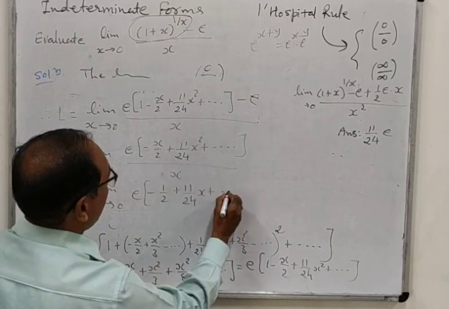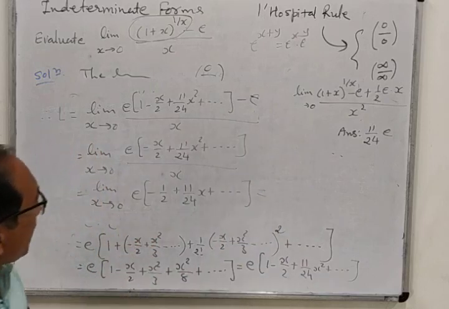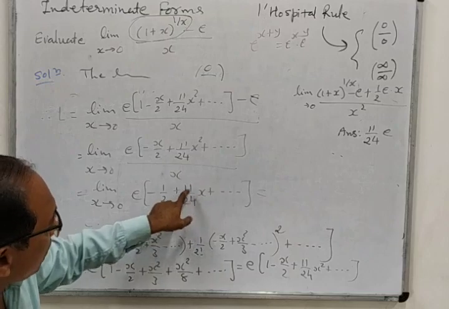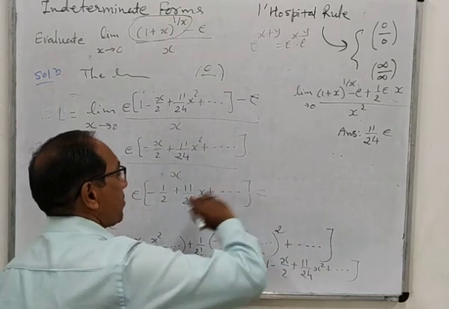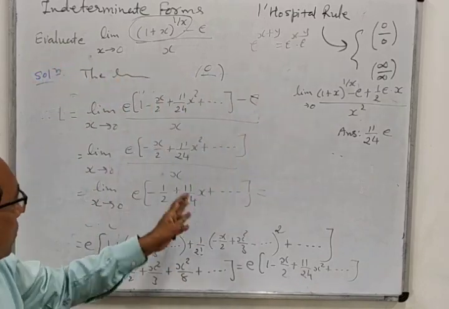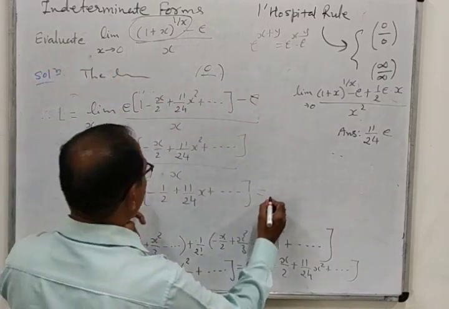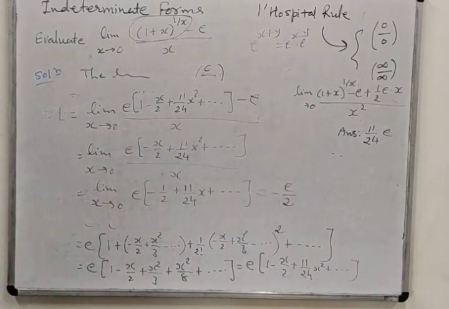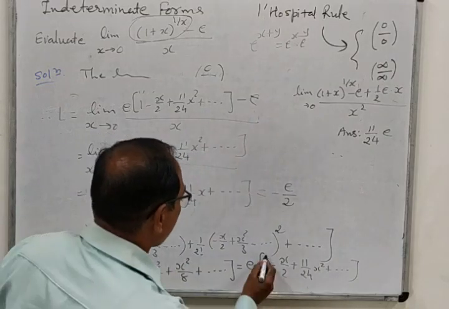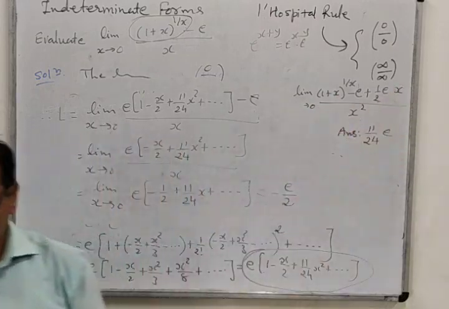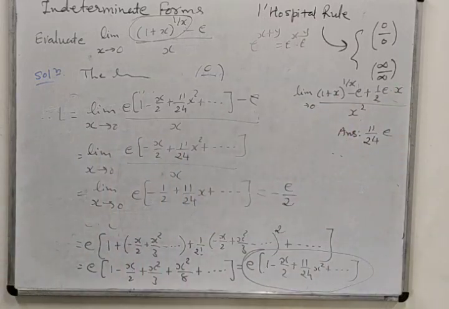X is common. Okay. Now we will get the answer, because if we put x equal to 0, here x is 0, so 0, and all other terms after this contain x square, x cube, and so on. So all will become 0. So it is nothing but minus 1 half only, and e is there. So minus e by 2 is the answer. So in this example also you will have to do the same process. Then finally put this value over here, and after simplifying something, you will get the answer.